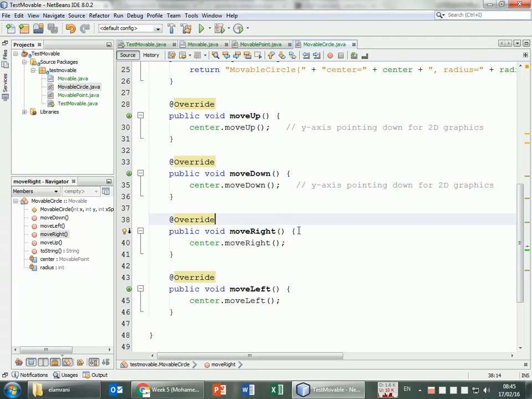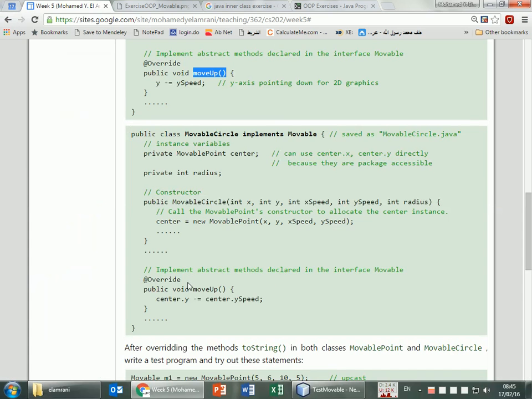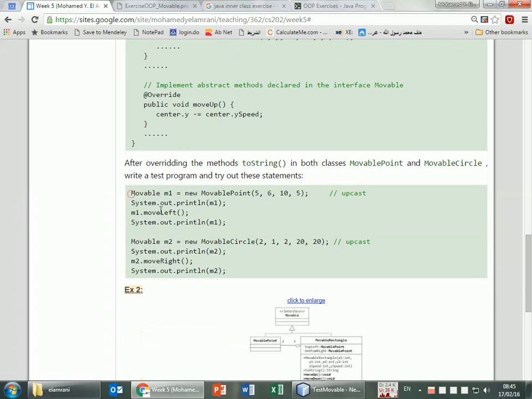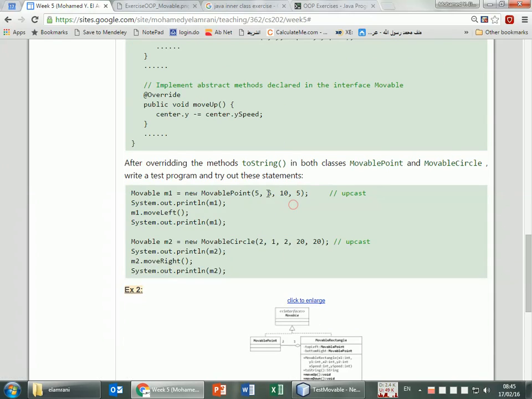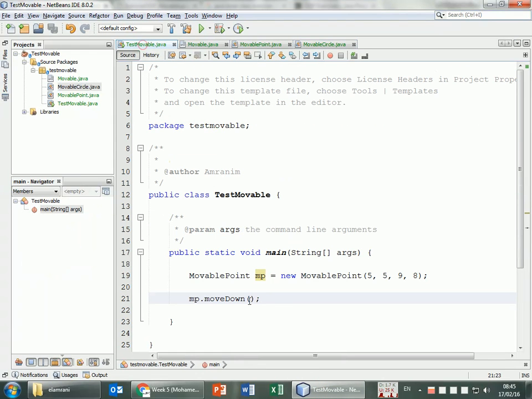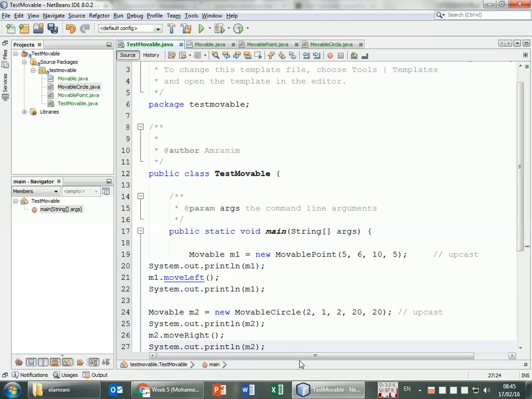So that's all I need to do now, and I have finished all these. The last thing I need to do is just to test this code. I just corrected the code that you had before. We added extra arguments because I think that's why you had some problems before. So now let's go to the main and then paste it here